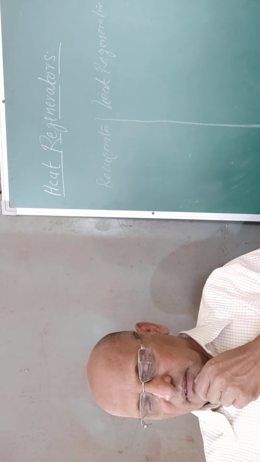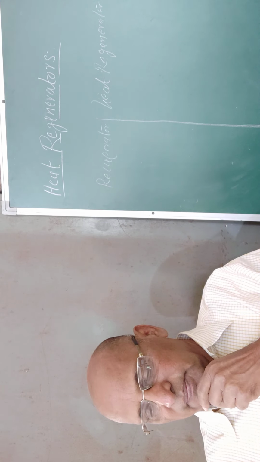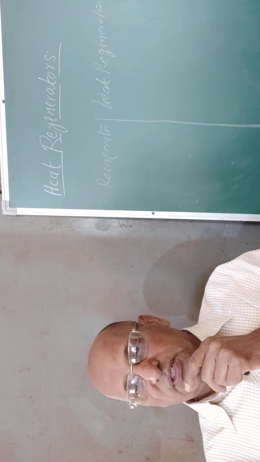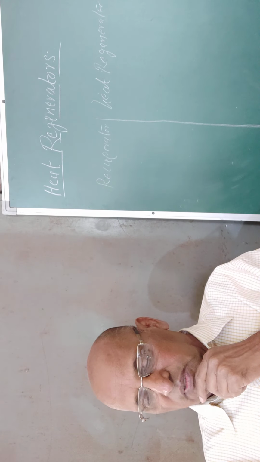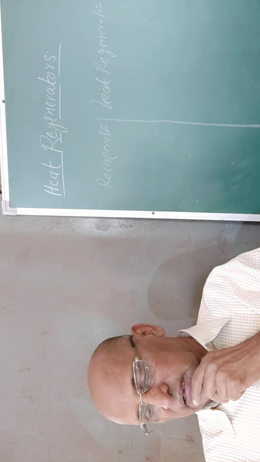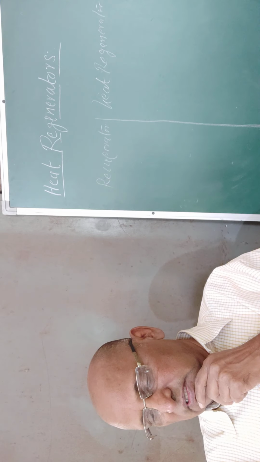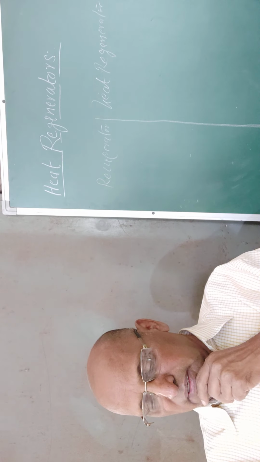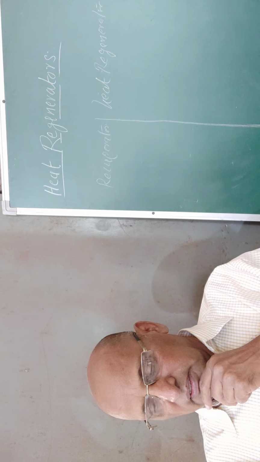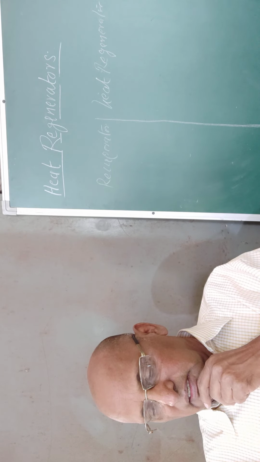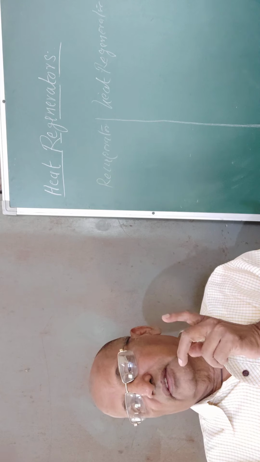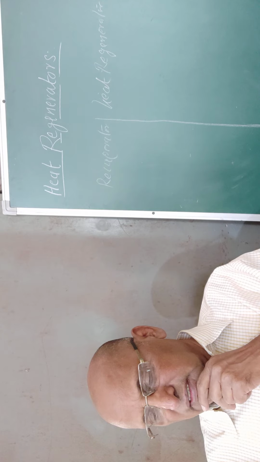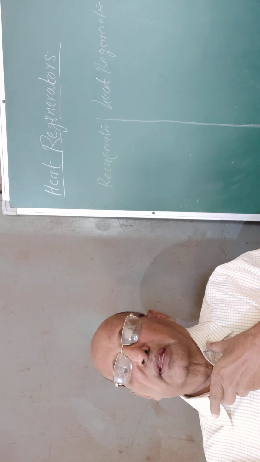Then the fourth point is the temperature of the preheat is steady. Whatever preheat is obtained from the waste heat source, this temperature is normally steady or constant. And in case of the regenerator, the temperature of preheat is fluctuating. So this is comparison point 4. Then the fifth point is that it requires very little attention for maintenance in case of the recuperator, and in case of the regenerator it requires frequent maintenance and